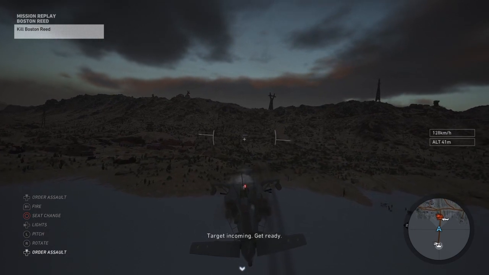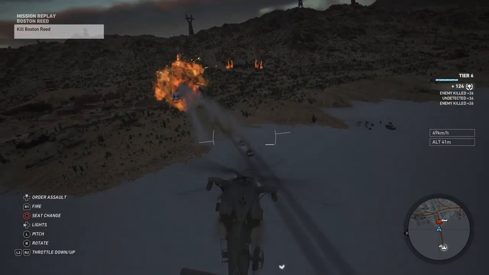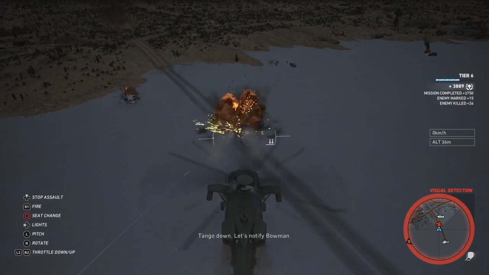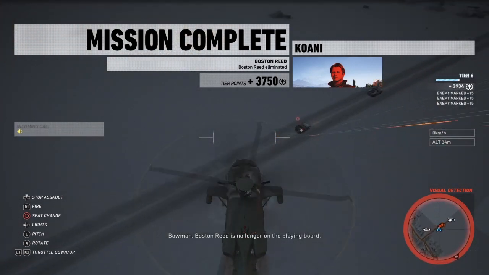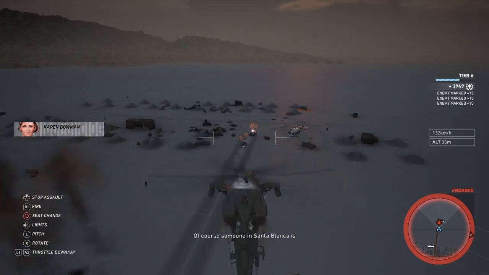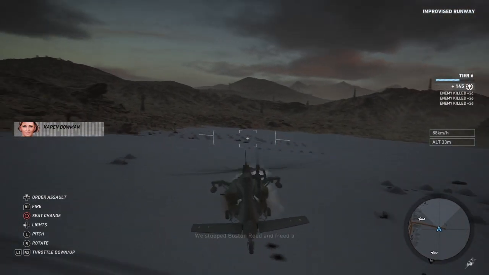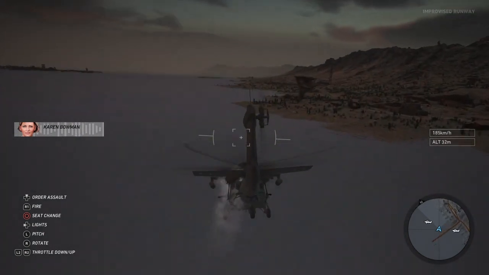Target incoming. Get ready. Escort car destroyed. Tango down. Let's notify Bowman. Bowman, Boston Reed is no Or I longer guess on the he'll die playing once he board. hits the ground. If you happen to get him fast enough. It's been a Oh, big come problem on. for a long while. Of course, someone in Santa Blanca's gonna bloody his paw with it. Nice. Stopped Boston Reed and freed a few innocent folks. It's a good day. Better than...